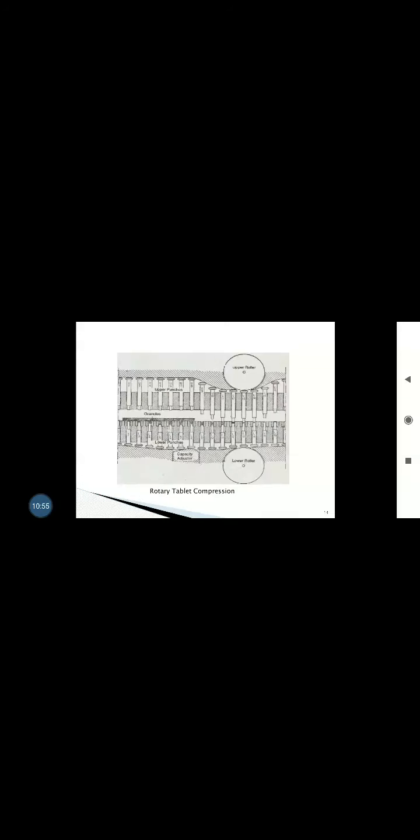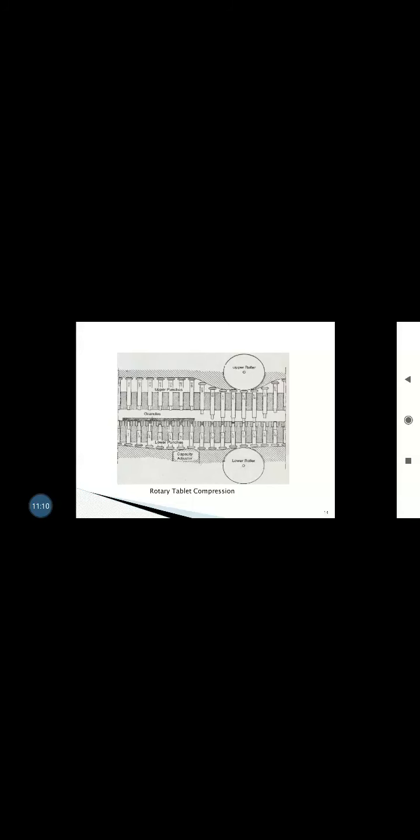On the industrial level, we generally use the rotary tablet compression machine. On this machine, in a single minute you can manufacture 1000 to 2000 tablets. There are sets of upper and lower punches and sets of dies. The dies are responsible for the filling of the granules, and as soon as the granules are filled, the upper and lower punches come closer to each other, the compression occurs, and the tablet is ejected. So these are the different mechanisms involved in the processing of the tablet.